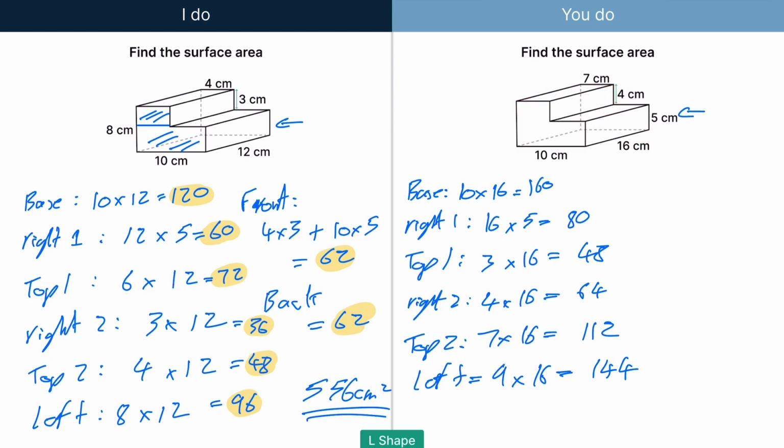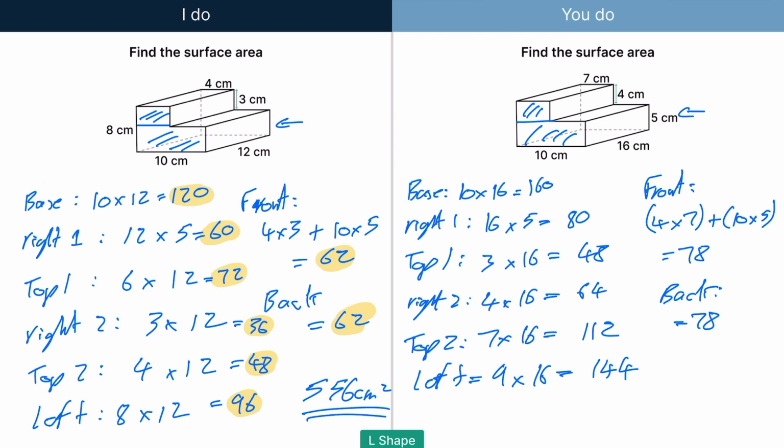So if I look at the front, if I split that there, that's just going to be 7 times 4, which is that bit, and this bit here is going to be 10 times 5. So for the front, I have 4 times 7, which is 28, and then I have 10 times 5, which is 50. No, 10 times 5, not 10 times 50. So we have 50 plus 28, and then the back is going to be the exact same as the front, so that is going to be 78. So that is all the areas that you should have found,